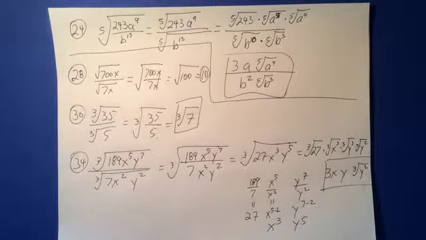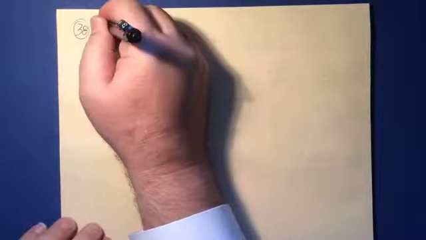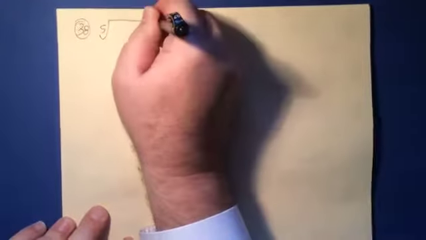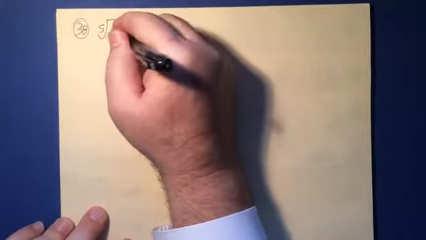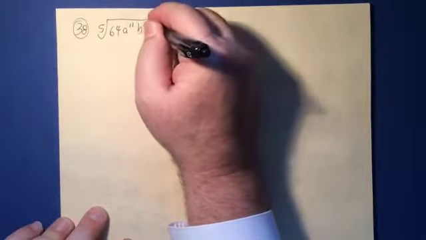We're going to take a look at one more mega question in this way and see what this looks like. Actually, two more in this area. So first we're going to take a look at question 38. And then we're going to take a look at question 40, which will be just a little more sophisticated in its application. 38 is going to be the fifth root now of 64a to the 11th b to the 28th